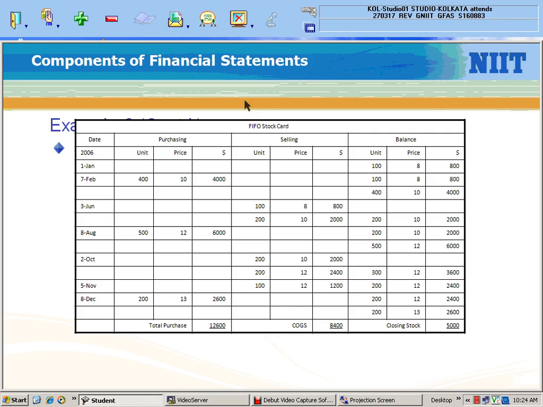So, on 1st of January, 100 units were there at 8 rupees per unit. The opening inventory is 800. That is the first line. On 7th of February, 400 units were purchased at a price of 10. The total is 4,000. The number of units becomes now